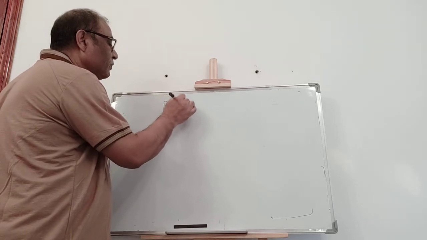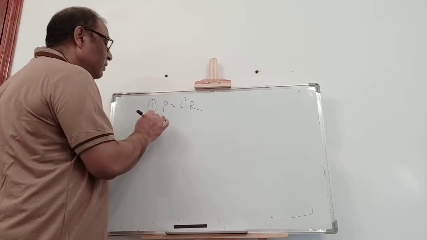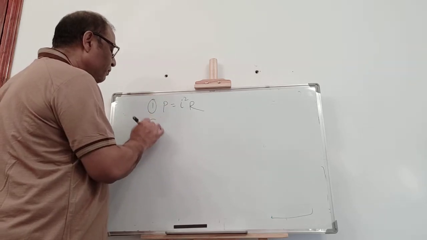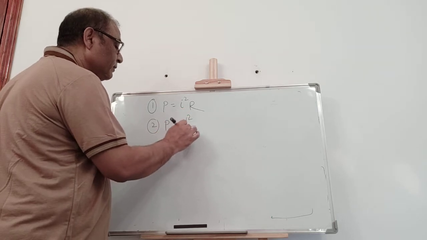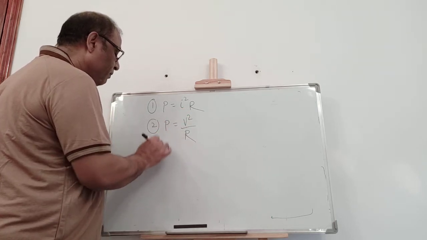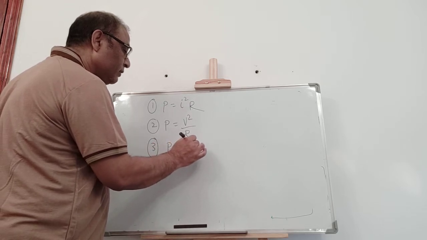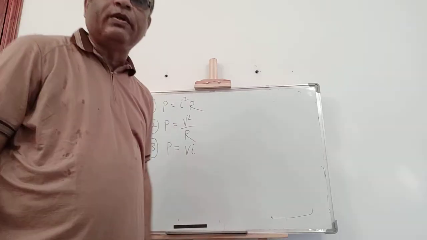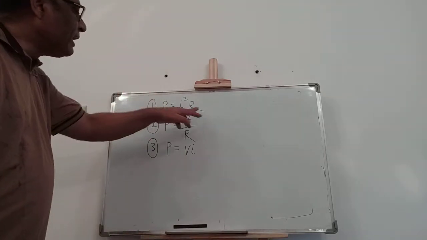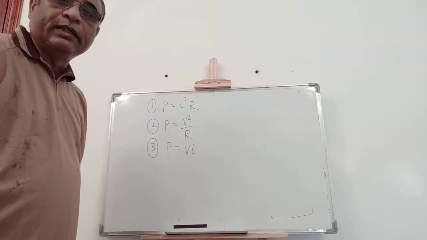One, power is equal to I square R. Two, power equal to V square by R. And third, power equal to V I. Now if someone is asking whether power is directly proportional to resistance or inversely proportional to resistance,